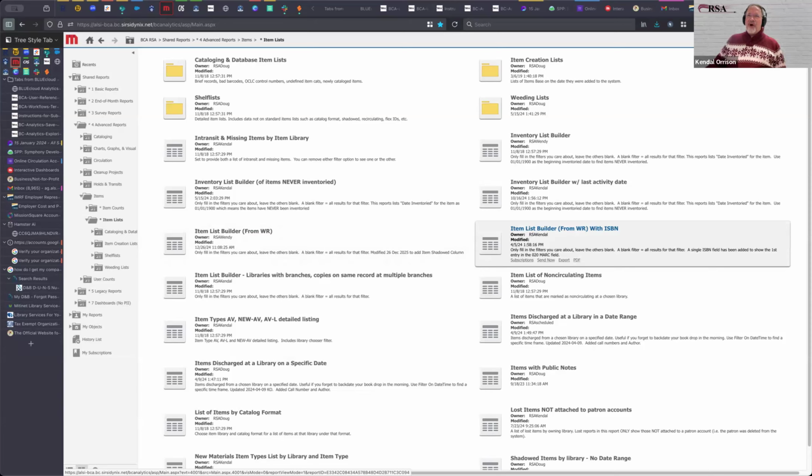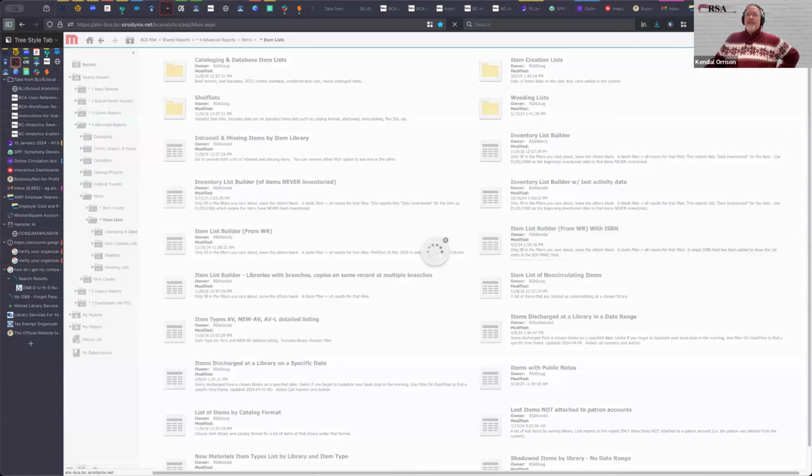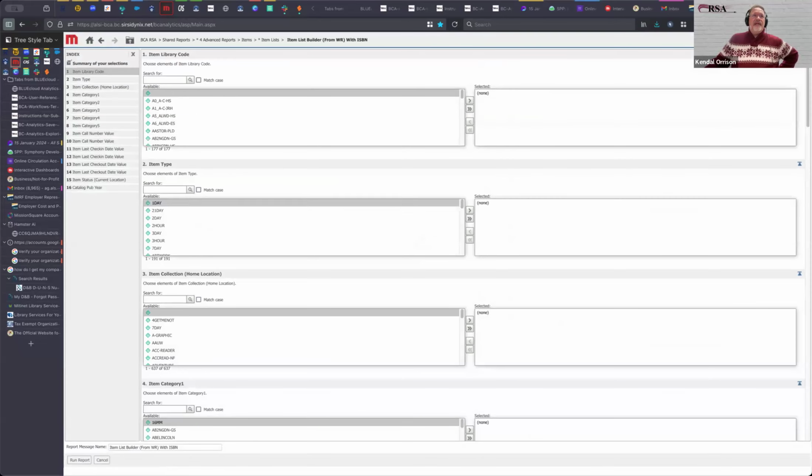That's what the from WR means. Web Reporter was the predecessor product to this, 10 years and more ago. It was very important to many users of Web Reporter at that time to have equivalent reports in BCA. So we titled those from Web Reporter. So I'm going to run this one with the ISBN. You'll notice this one has 16 different ways that I can slice and dice the data as I select it to run, right? None of these are